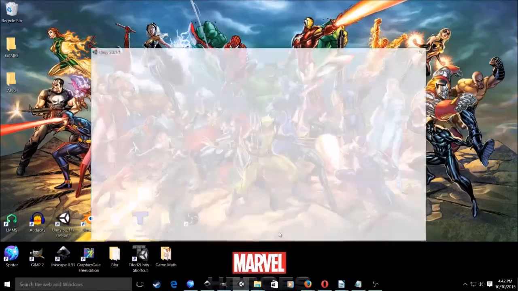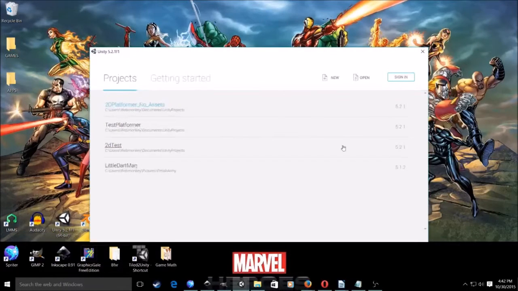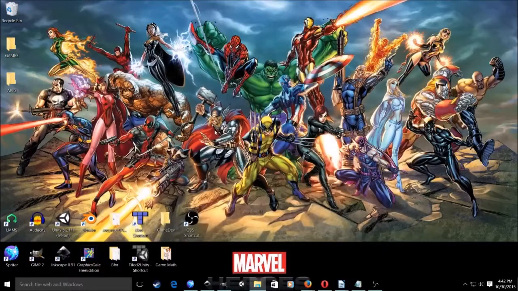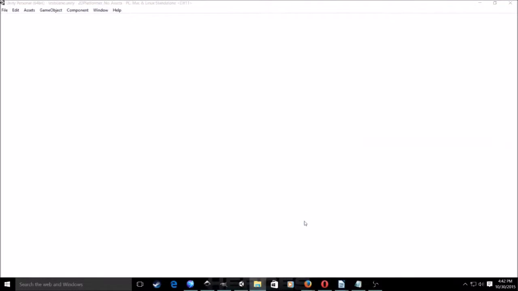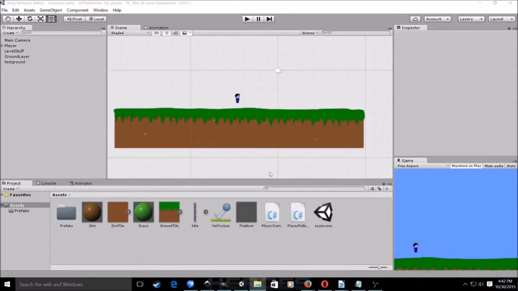And last but not least, Unity. Let's go ahead and open this up here. I was playing around with this earlier, trying to figure some stuff out. As you can see, it's taking a bit to load and open up. There you go. This is Unity.